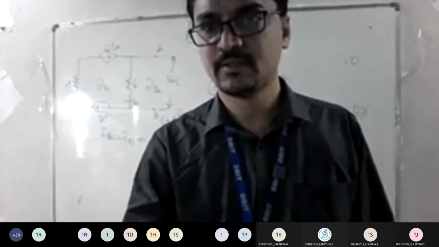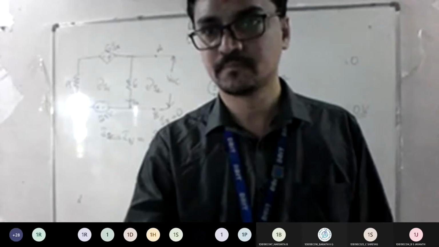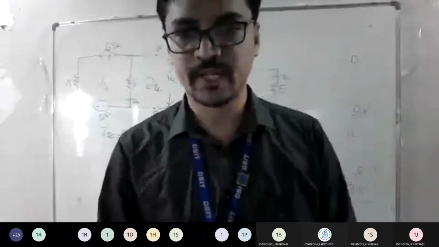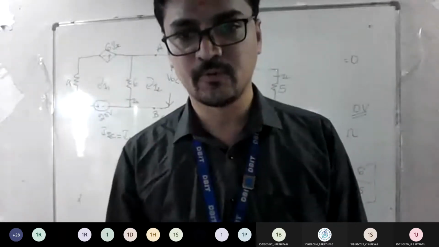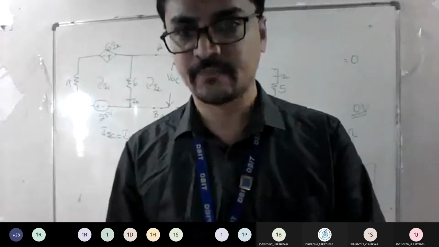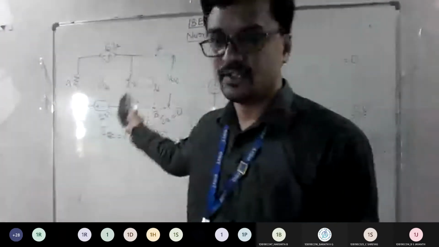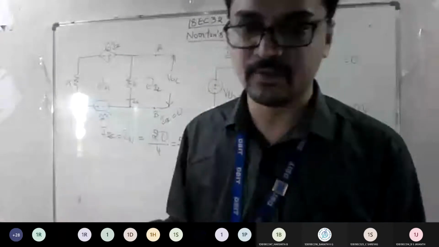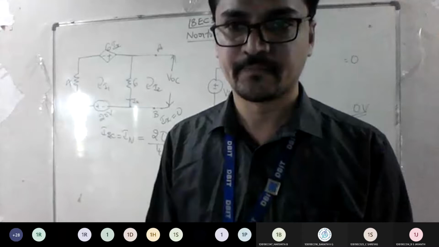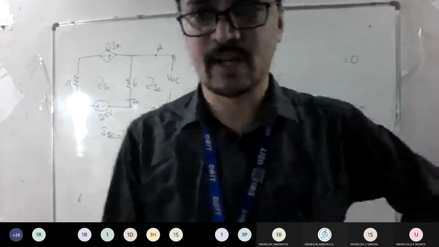Maximum power transfer theorem. Just make a note of the statement and formula here. They may ask you to state and prove. I already told you, I am going to send the proof after all the theorems. We are going to prove it generally: instead of putting values like this, you pick the values as R1, R2, and write the formula. That is the proof. Okay, the statement for your maximum power transfer theorem.